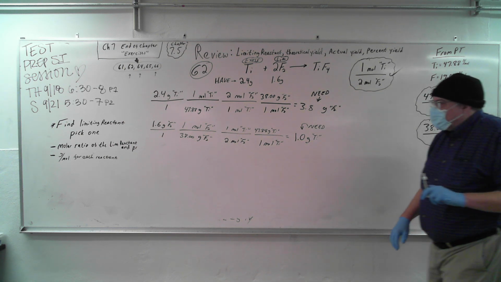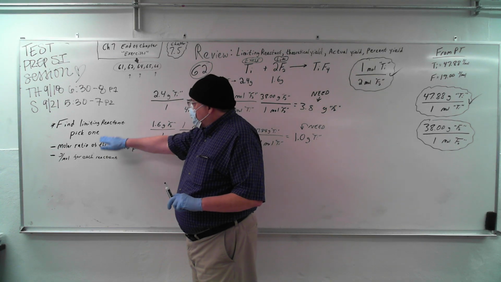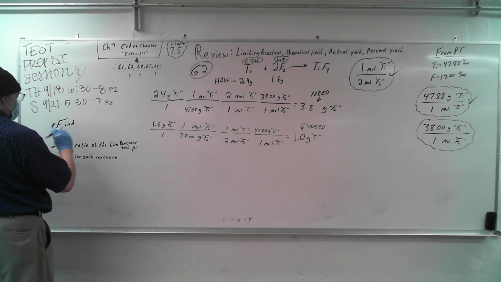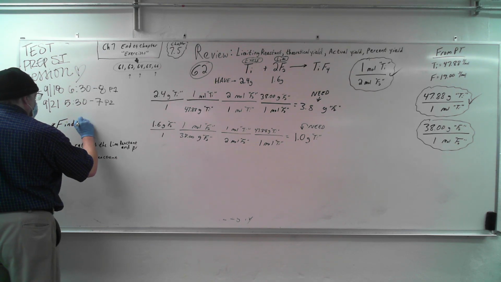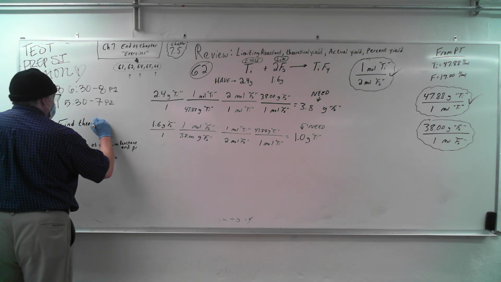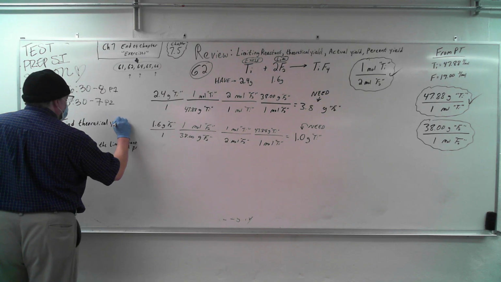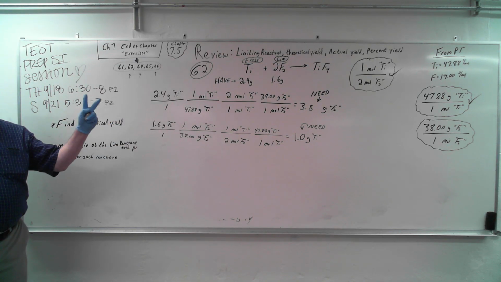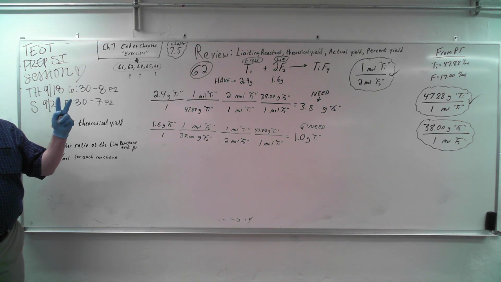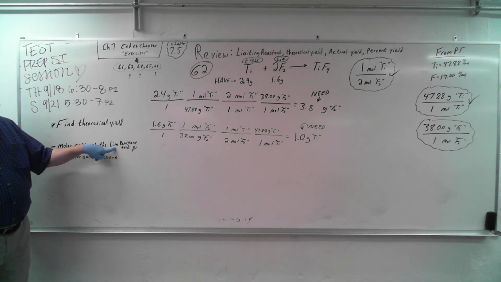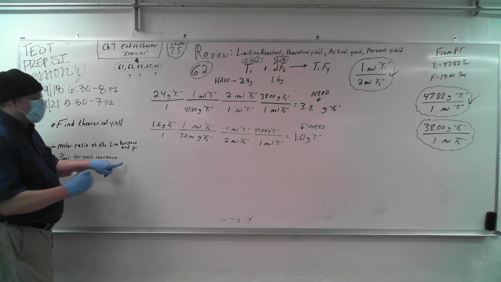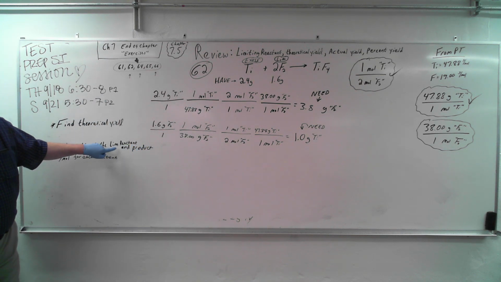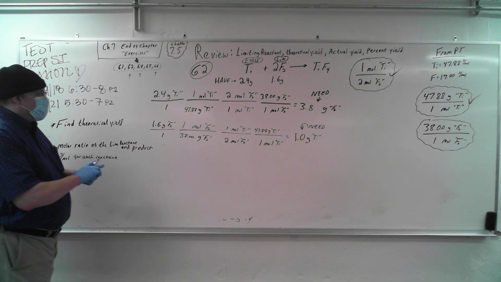Okay. So now we're finding the theoretical yield. So before, the molar ratio we needed was between the two reactants. This time, the two things the molar ratio will involve is the limiting reactant we found and then the product. We're using the limiting reactant to predict the product. So in this case,